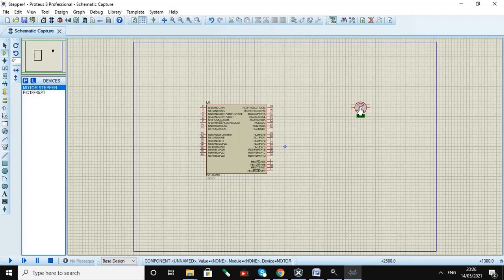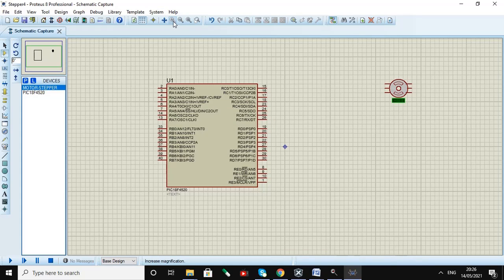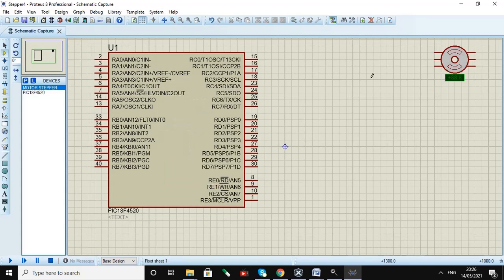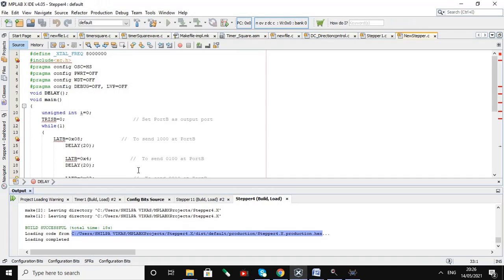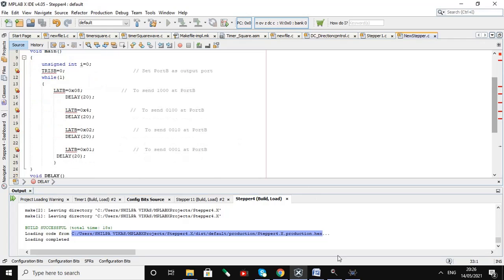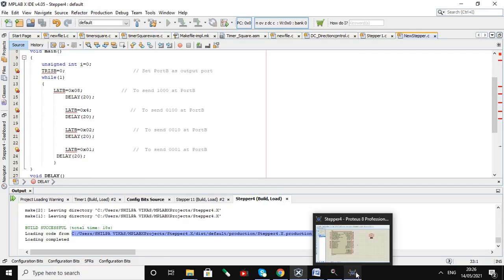Now we'll complete the connections. So let's go to the program. See here which port is used: port B. So we need to connect port B. Let's check the connections.